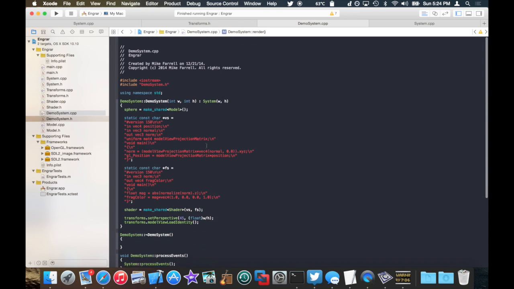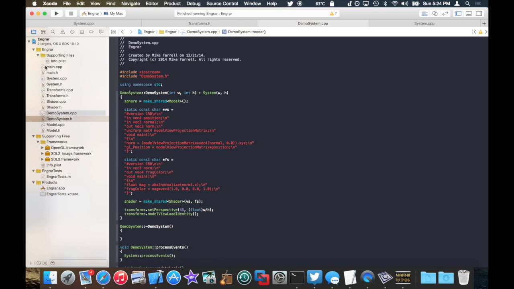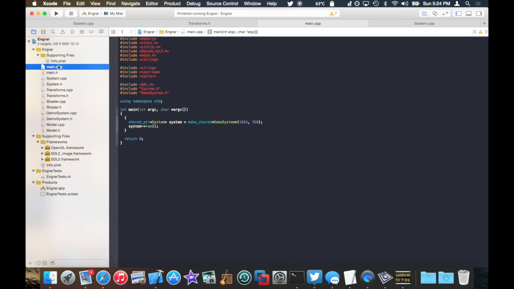I'm not going to show any more code in demo system because it's kind of the thing that pulls everything together. So a couple things: what should go into a class object and what shouldn't. That depends on essentially how complex your system is. Again, demand-driven engine development. There's a couple things that I know that I should have for a very simple OpenGL system,